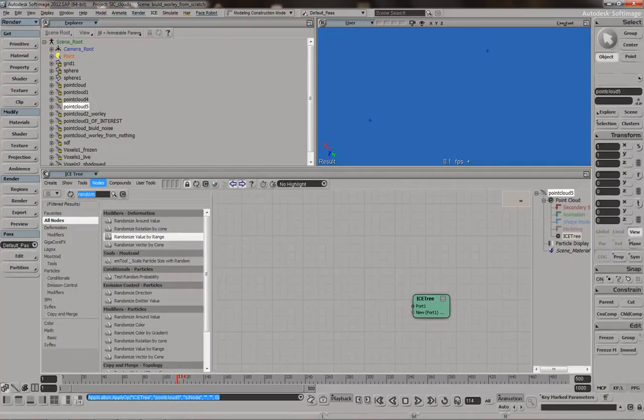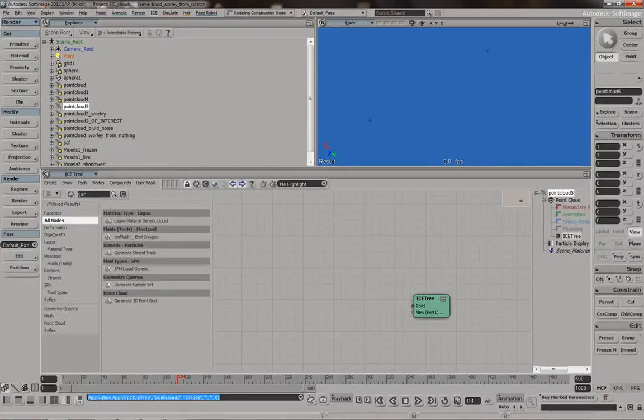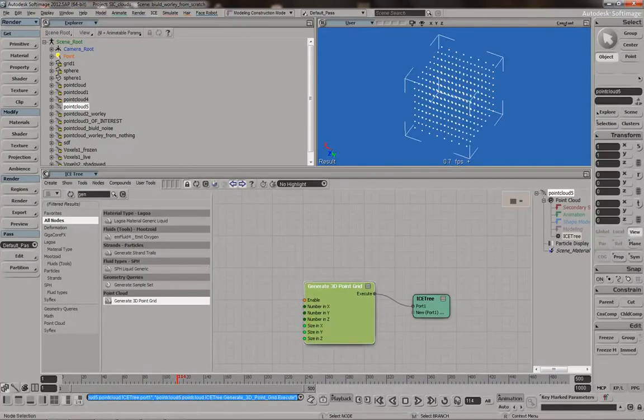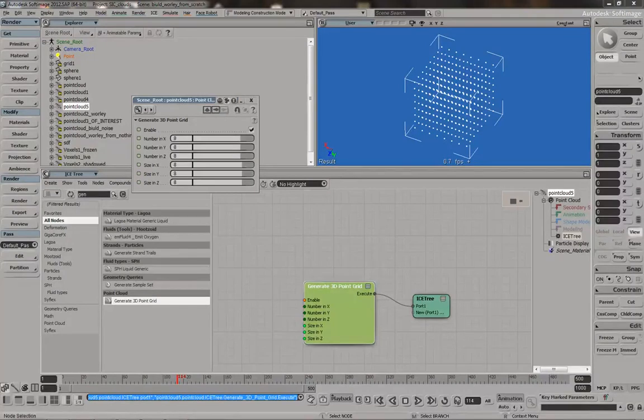So I want to generate a grid. Let's make a grid of points. So a nice little grid. Now to speed this up, this grid is like a 3D space. I just want